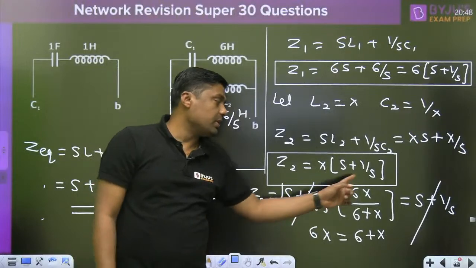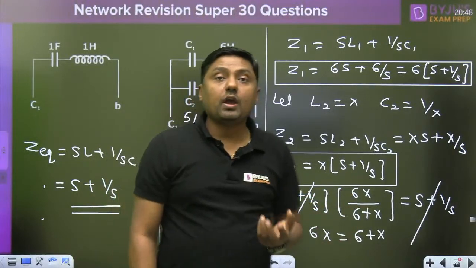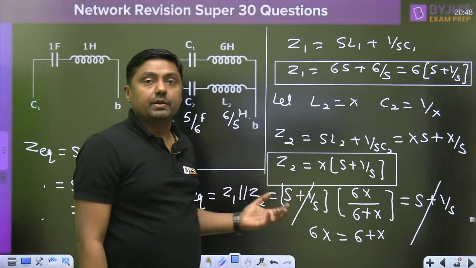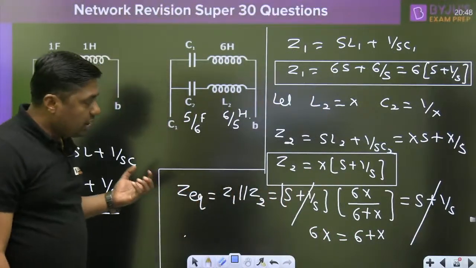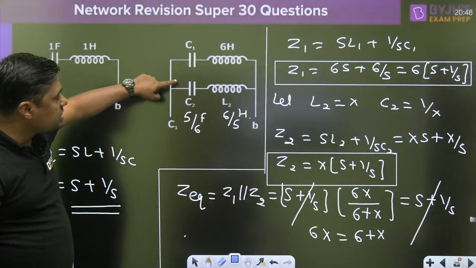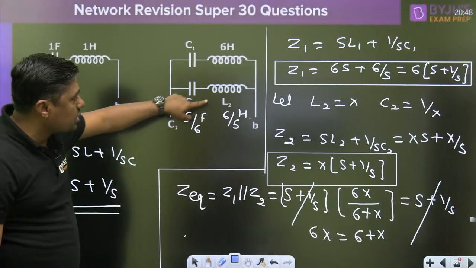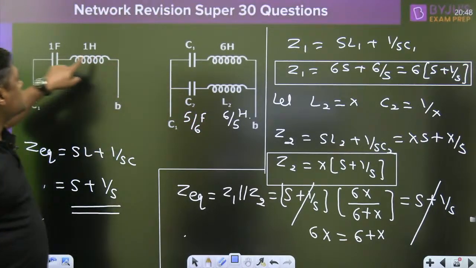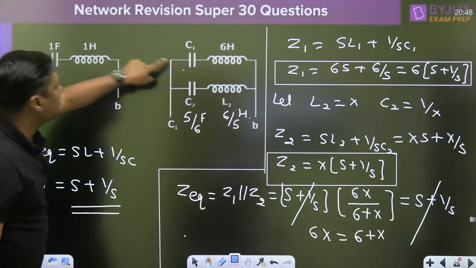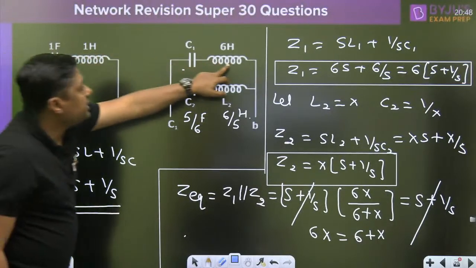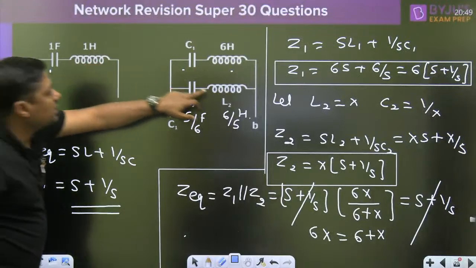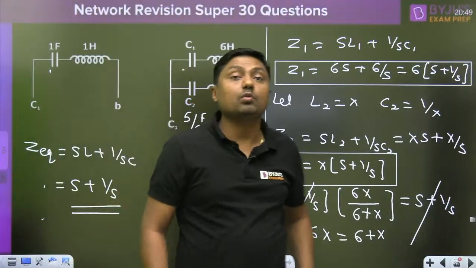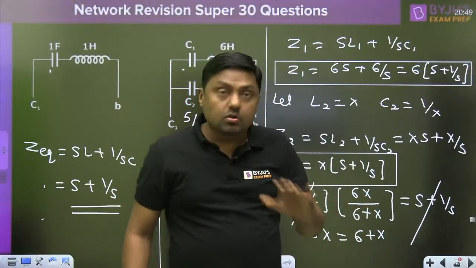Parallel combination is given by Cx upon C plus X. If you have the common, then you can remove that common value, okay, and then equate it. The answer for this is what? 5 by 6 farad, and this is what? 6 by 5 farad. Common sense, always remember this value should be less than this value, this inductor should be greater than what? 1 Henry, and 6 by 5 is greater than 1 Henry. So I think this concept is clear.